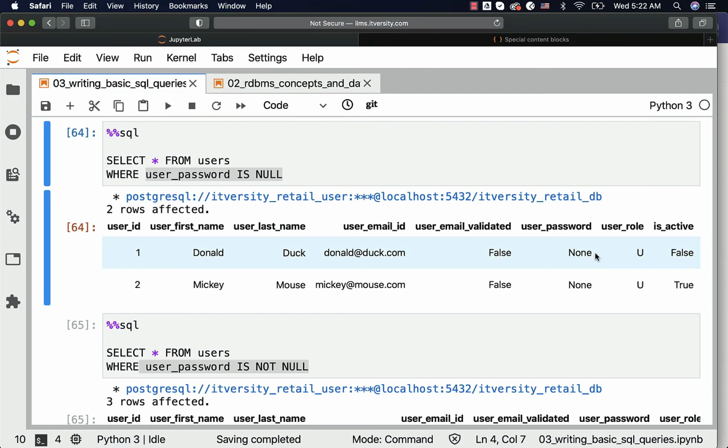When it comes to these values, they are actually null in the database. However, as I am using a JupyterHub environment, which is Python based, it is showing as None. But if you try to run these queries against SQL Workbench or psql, you will see nulls for the user password, not None like this. So just keep in mind that it is not represented as None in the database tables. Instead, it is represented as null. Python is the one converting this to None here because Jupyter is based on Python. This is how you should be able to write queries by applying several conditions to filter the data based upon your requirements.